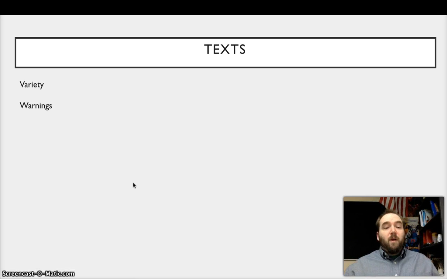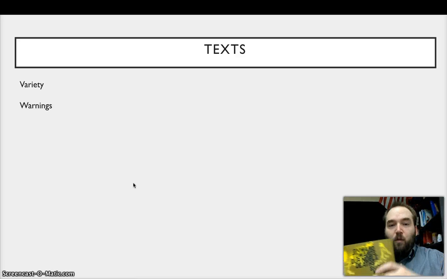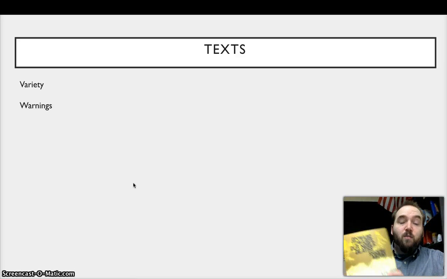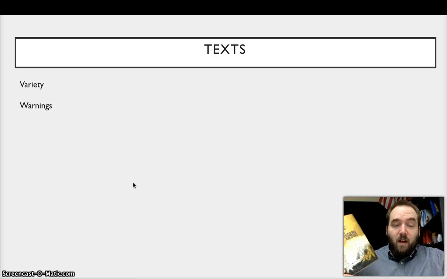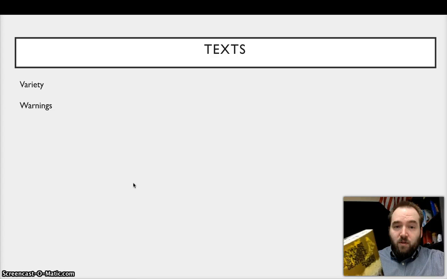All right, what I want to talk about real quick are some warnings. Yes, these are graphic novels, but some of these were written specifically for adults, not for kids. These aren't comic books. This isn't Superman. This isn't X-Men. This is a very different kind of thing. This book starts with something very inappropriate for the classroom, and there are going to be a few more parts later on. Now, I have actually used this entire book with upper high school students.